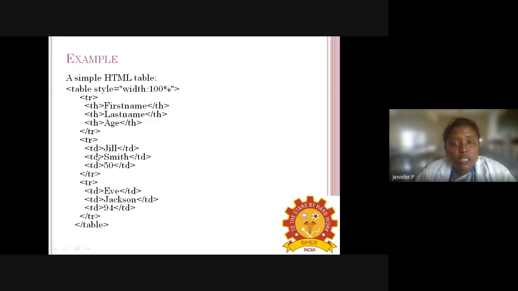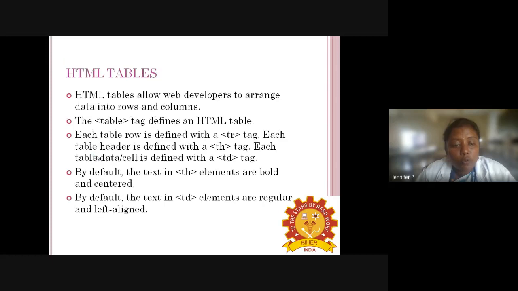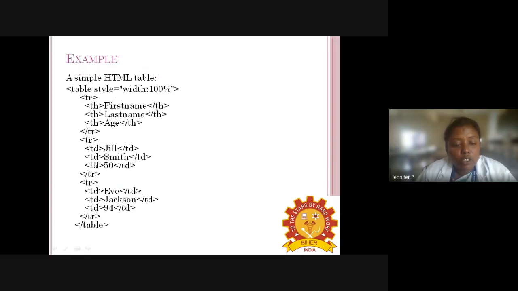The td tag is for the data cell, to describe table data or a table cell. The td elements are regular and left aligned by default. So in the td, the first name is Jill, the last name is Smith, and the age is 50. With that you complete the second row.